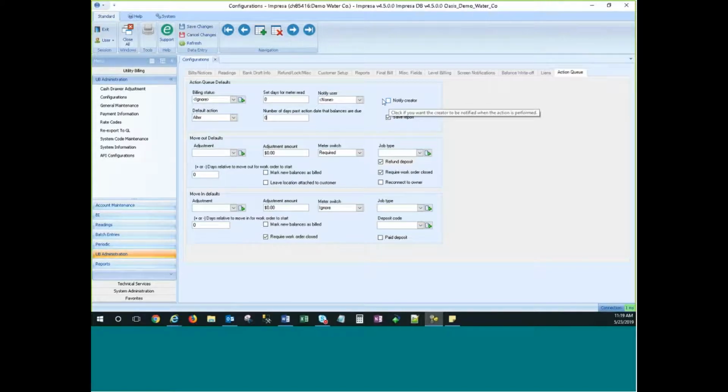Notify creator, again, this doesn't work. Notify user, we're going to leave those blank. Save report. If there are reports associated with that action, this will save them so that you can pull them back up later. Move-ins, move-outs, you have the ability to put an adjustment on an account for the move-in and